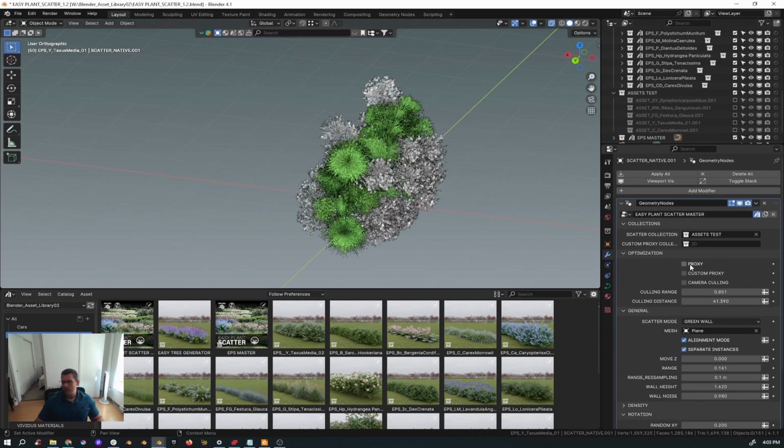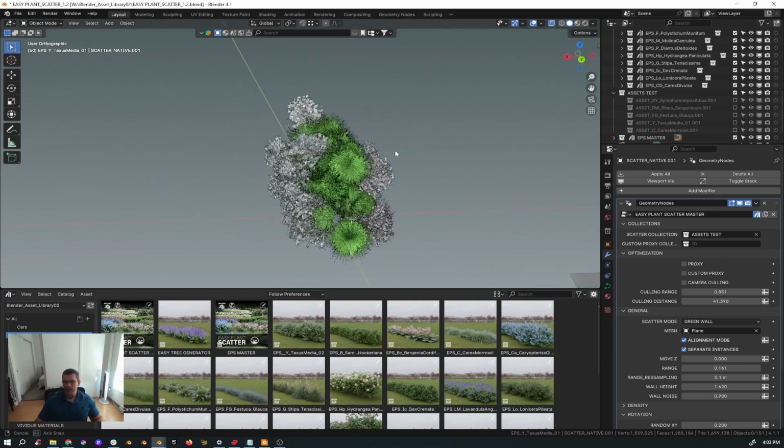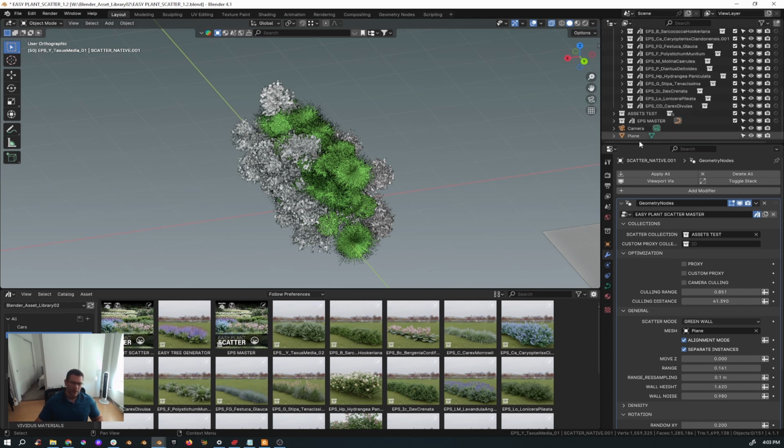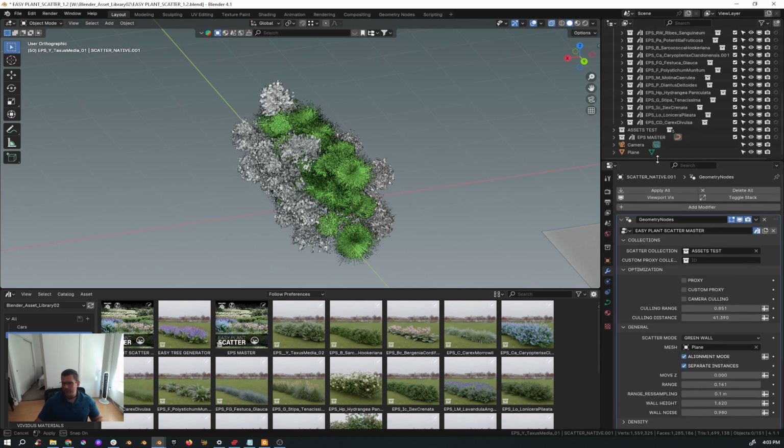And if you remove proxy, you see how it will be scattered. You can always move on Z and you have the adjustment, okay? But that's not great. What would be great is if we have leaves, just a leaf to create that, right? So instead of all these assets all together, which I already showed you the reason for,